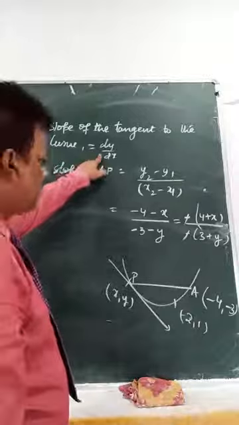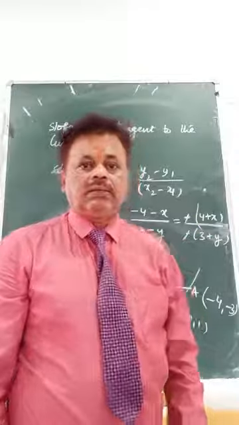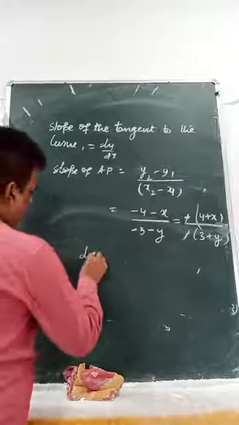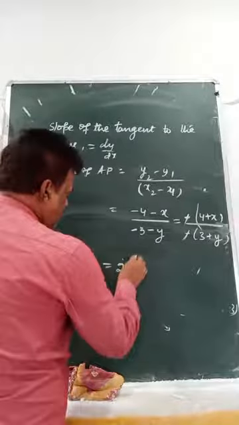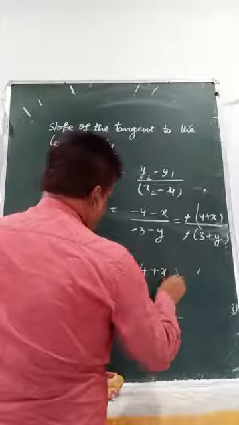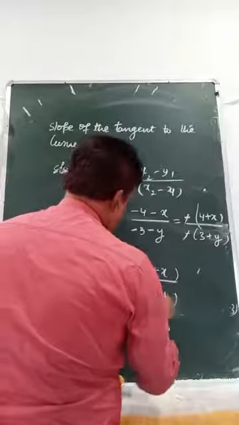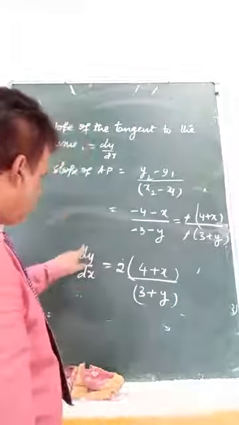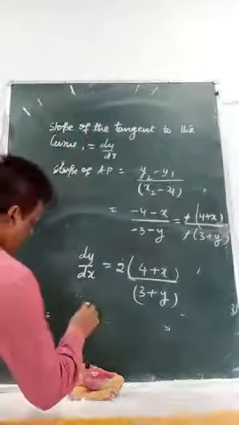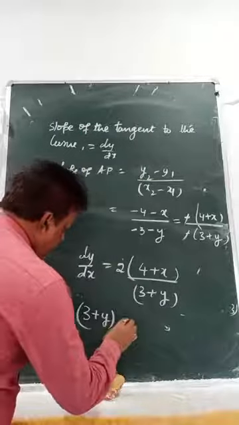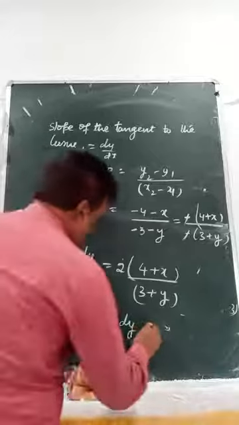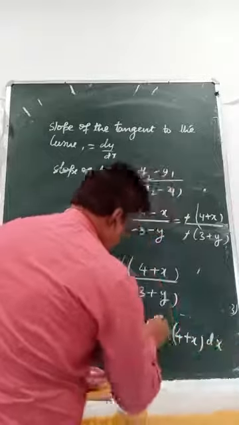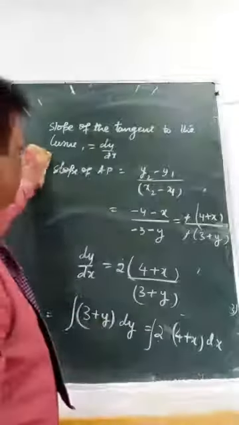So what is given? Slope of the tangent to the curve is twice the slope of the line joining the chord. That means we are given dy by dx equals 2 times (4 plus y) by (3 plus x). Now you have to solve it. How to solve? Separation of variables. Y will go with y, x will go with x. Means dy by (4 plus y) equals 2 dx by (3 plus x). This is separation. Now simple question, integrate it.